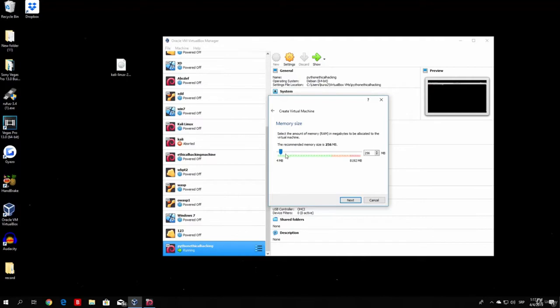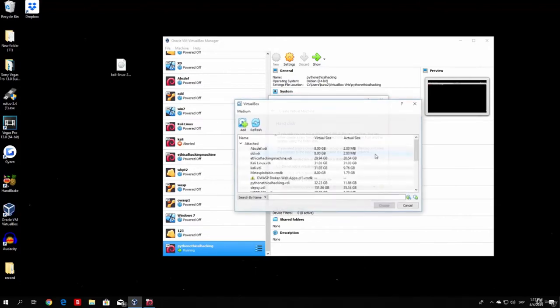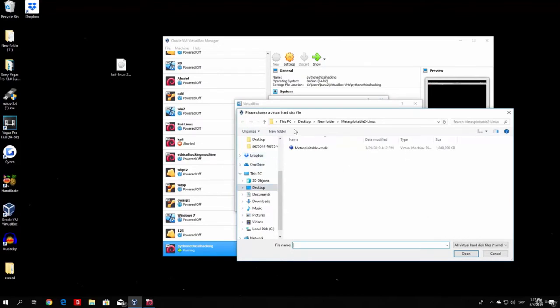As far as the memory size, 512 megabytes will be more than enough for this machine, so just select next. And right here, instead of using the virtual hard disk now or creating a virtual hard disk, we want to use an existing hard disk, which is the hard disk that we downloaded from Metasploitable. So just go use an existing virtual hard disk, then select right here to select your hard disk, and then try to find it wherever you saved it. As we can see, I saved it on my desktop in new folder. It is this file right here, which is the size of 1.8 gigabytes. You select it right there, click open,